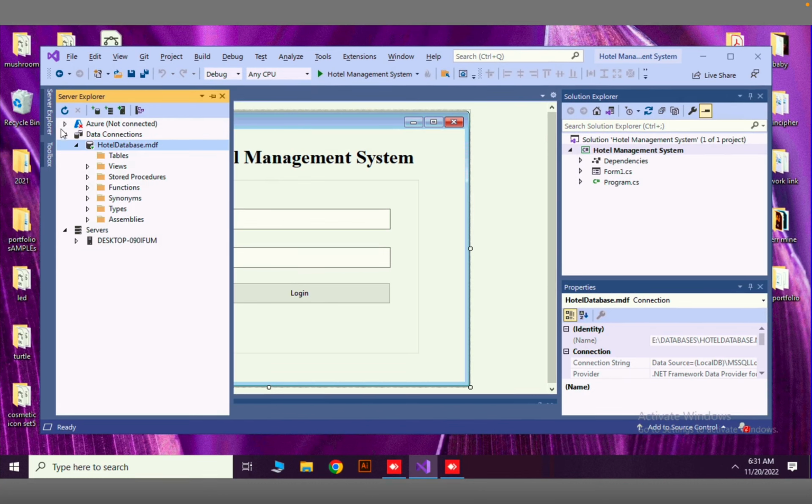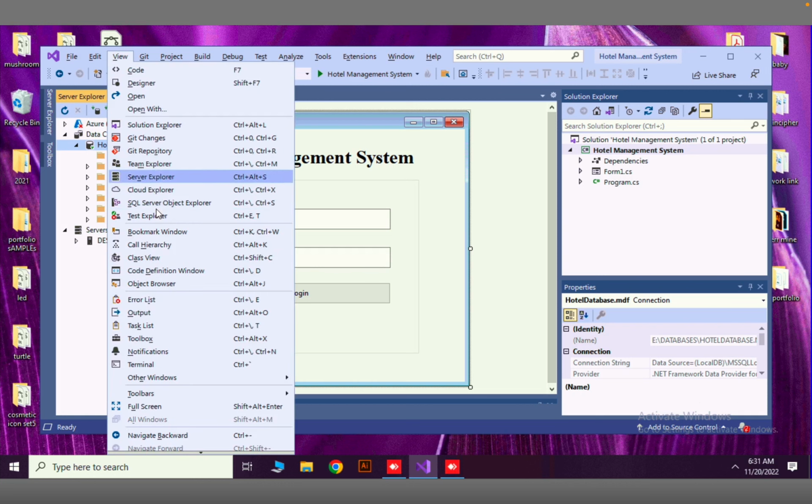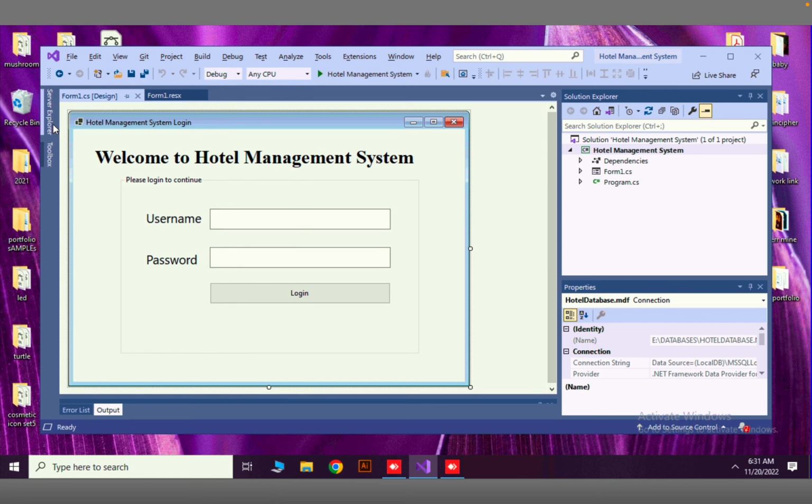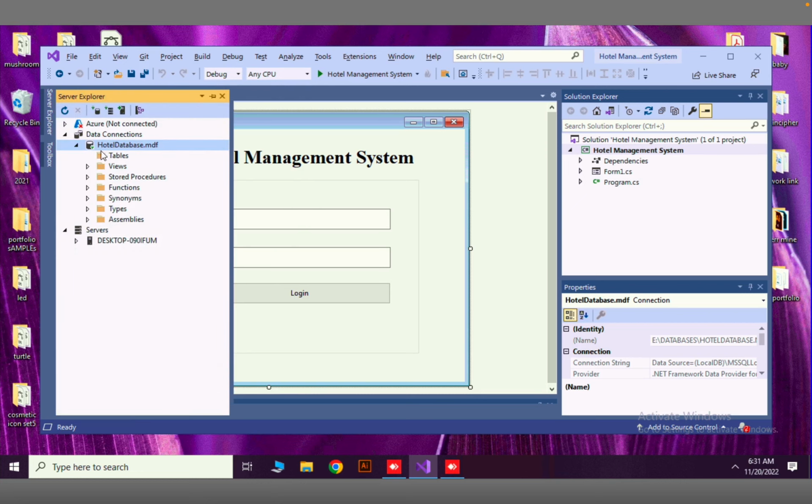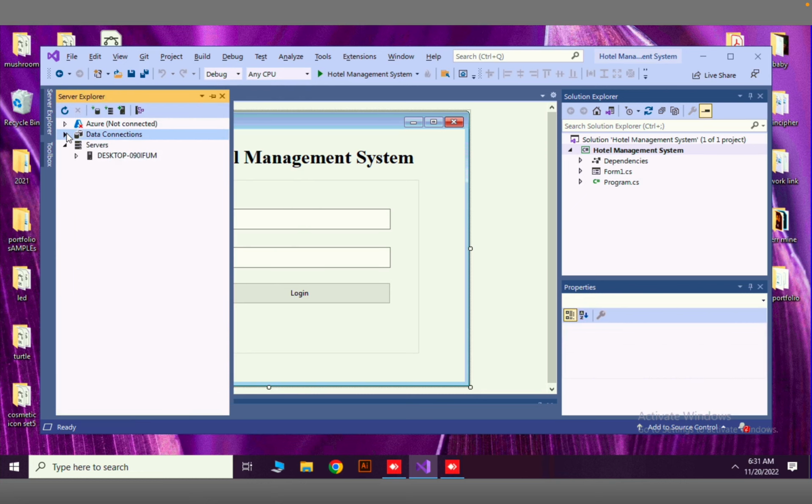In this case I am using Server Explorer built into Visual Studio. If you cannot find the Server Explorer, go to this View menu and at the top of the list you will see the Server Explorer option. Now here choose your database, in the Data Connections. If you scroll down your database, in this database file we can see the Tables